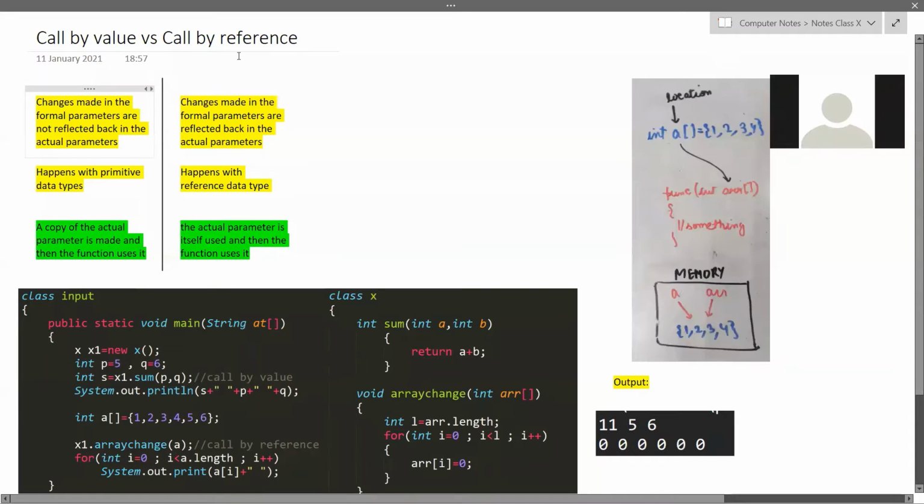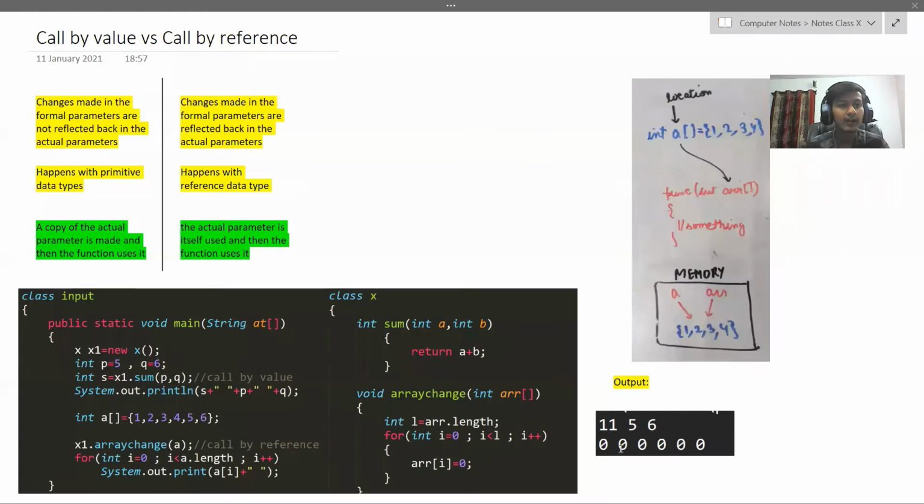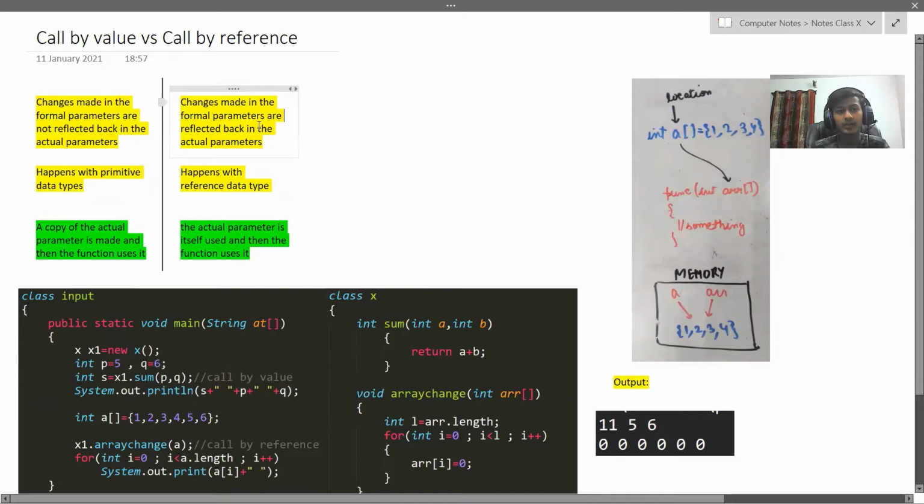Now we have the same thing for the exam. Changes made in the formal parameters are not reflected back in the actual parameter in call by value. In call by reference, changes made in the formal parameters are reflected back in the actual parameters. Call by value happens with the predefined data types.